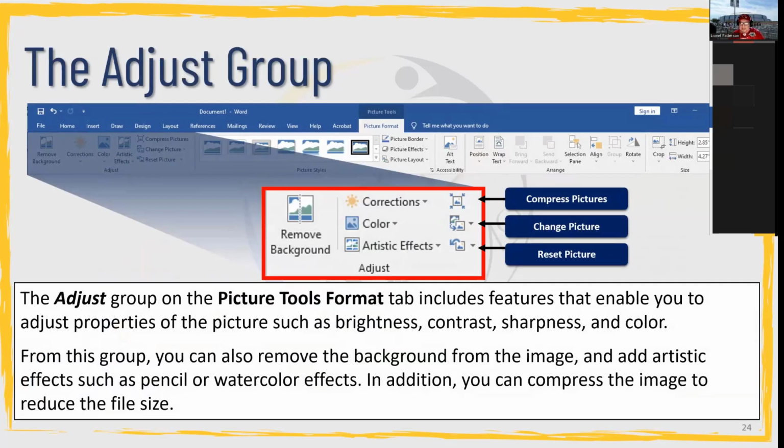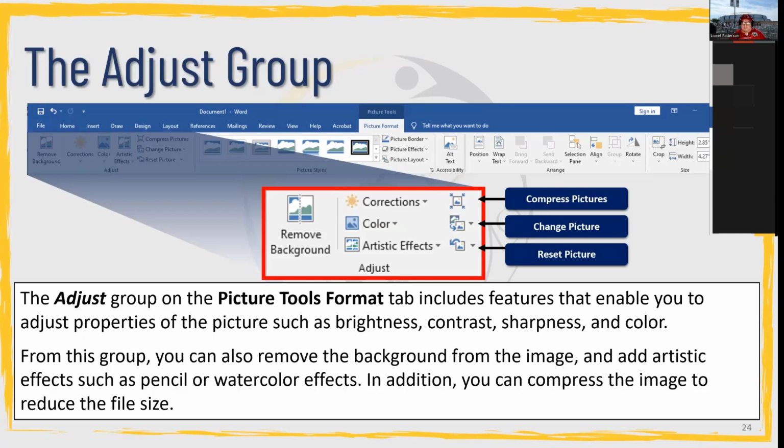And of course, if you select your image and go to your Picture Format tab, you'll see on the far right an Adjust command group. I jokingly like to say this particular command group is Microsoft's poor man's approach to Adobe Photoshop. You can do a lot of good image editing in Photoshop that is quite professional. But Microsoft is still trying to accommodate certain types of